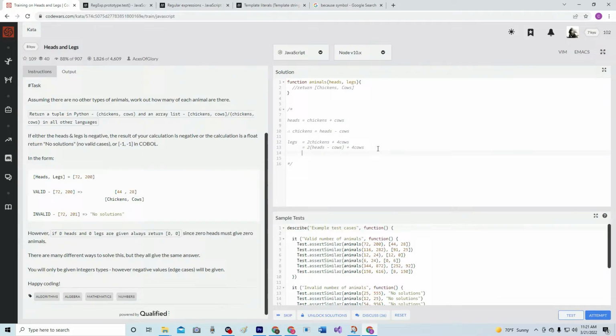All right, so that equals 2 heads minus 2 cows plus 4 cows, which equals 2 heads, and since we're going to subtract these 2 cows from these 4 cows, plus 2 cows. All right, and so because we have that,